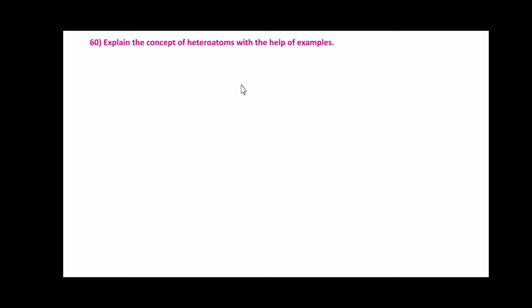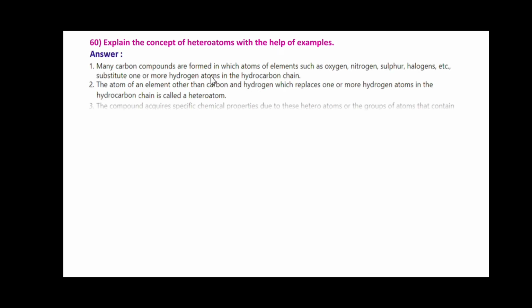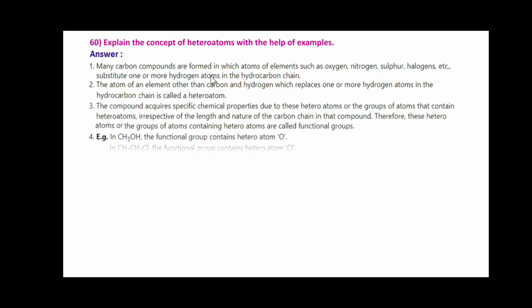Explain the concept of heteroatoms with the help of examples. Friends, many carbon compounds are formed in which atoms of elements such as oxygen, nitrogen, sulfur, halogen, etc. substitute one or more hydrogen atoms in the hydrocarbon chain. The atom of an element other than carbon and hydrogen which replaces one or more hydrogen atoms in the hydrocarbon